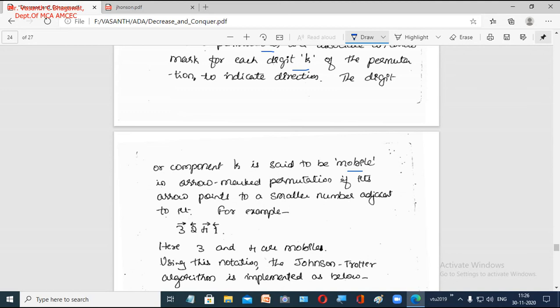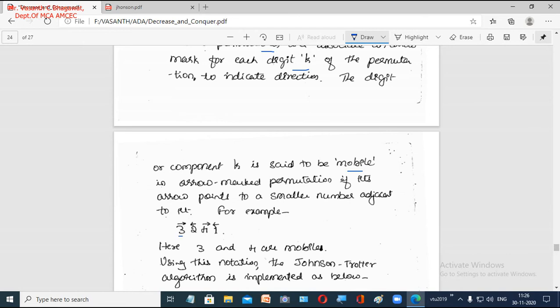Now if you take this particular number 3, above 3 you have an arrow mark. Now in which direction is the arrow pointing? The arrow is pointing in this direction and it is pointing to the number 2, right? This number is less than 3. Now we call this 3 a mobile element.